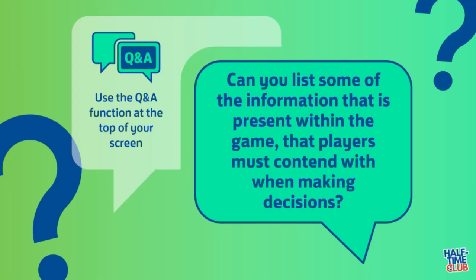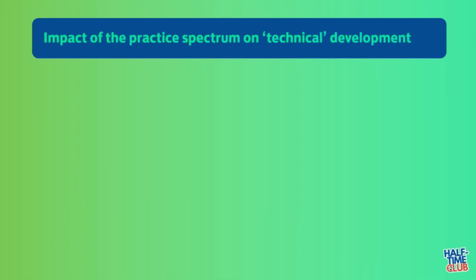The rationale behind this question, and I knew there'd be lots of responses on this, and I'm going to move on to the next bit where I've listed a few. By no means is this an exhaustive list, because as we said, there's loads of stuff we can speak about. But all of this information we've just spoken about in the chat has an impact on the technical development of our players. If we truly believe that technique doesn't just happen in isolation, that it's always a consequence of the things we're interacting with, then we need to consider what information we want players to interact with, depending on when some of their technical side or their skill breaks down.